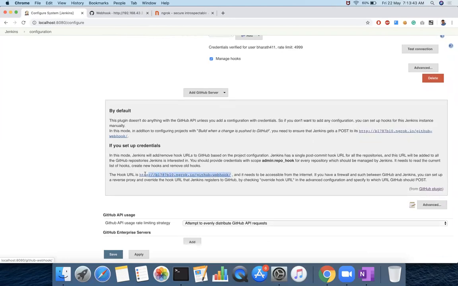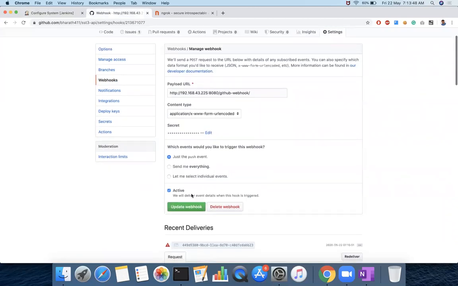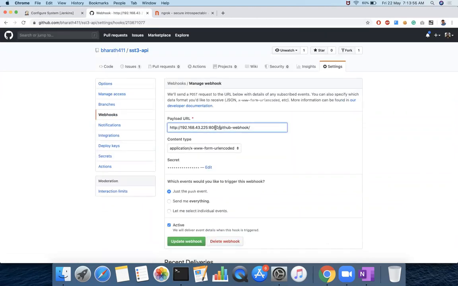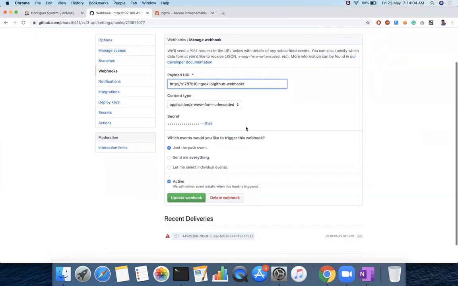Take this webhook and come back. Here you can edit or update. If it is not here, you can just click on edit and modify this. Please remember you have to use a forward slash at the end. If you don't do that, it will not work. So, update webhook.